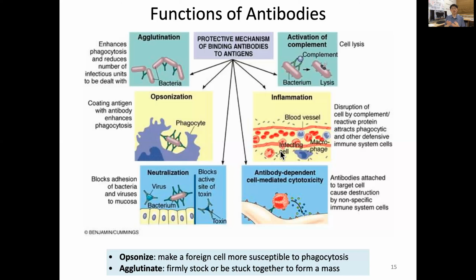For example, we already heard about Herceptin, the anti-HER2 antibody, as a treatment because some breast cancer cells have an overexpression of HER2, human epidermal growth factor receptor 2. And sometimes you want to understand how this HER2 antibody leads to the treatment or killing of breast cancer cells,